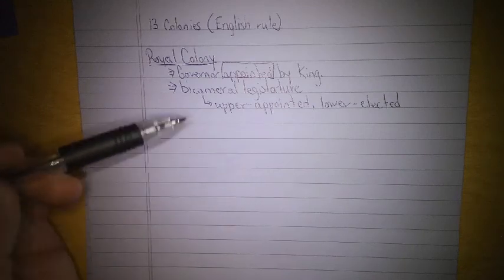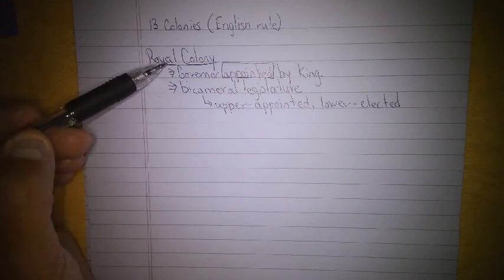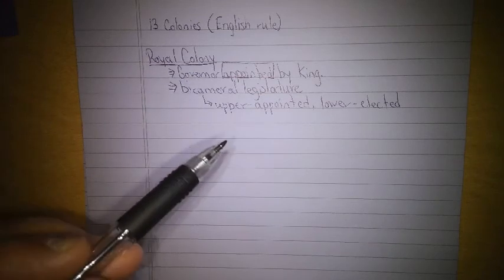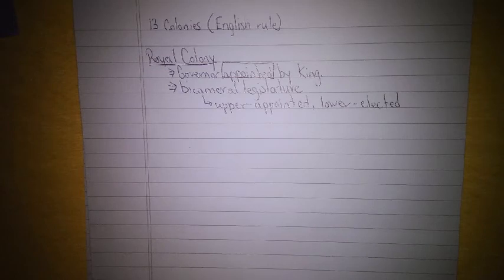That's not good. So with a royal colony, basically the king appoints a governor, the governor approves all laws, and you have a bicameral legislature where the lower house is elected. Is everybody with me on that? Simple enough. All right. The next type of colony we had while we were under British rule